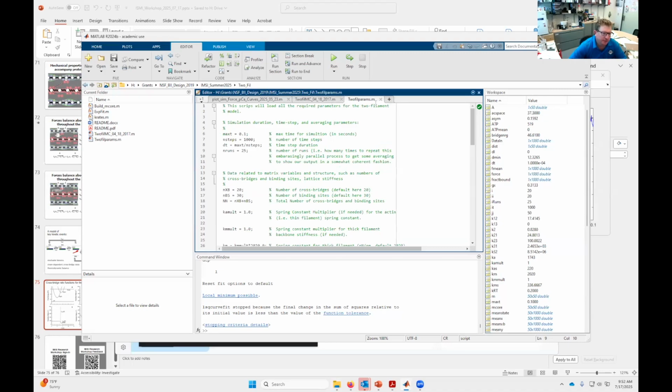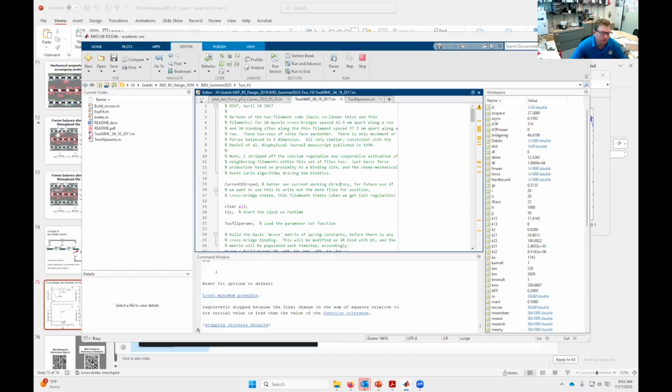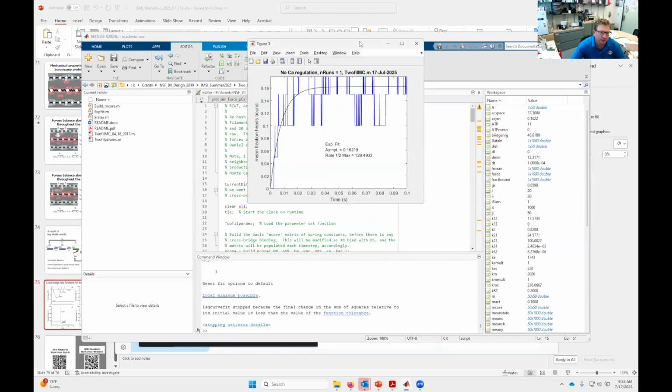Say we wanted to only run this one time, so it's not going to average anything, and just show you what one run might look like. Oh, I might have to save that. Whoops. So here you see